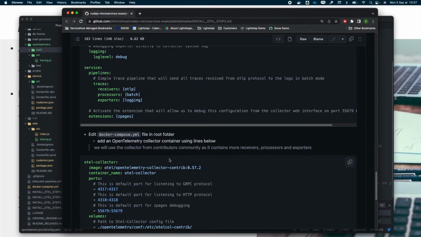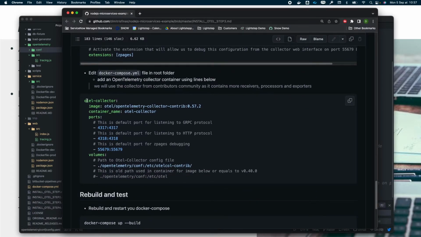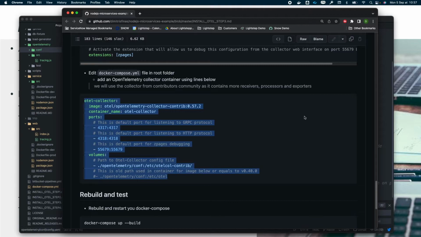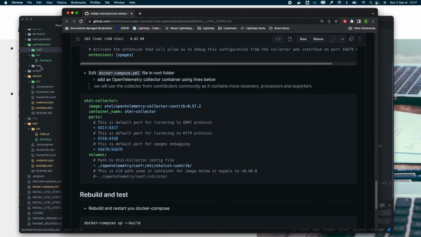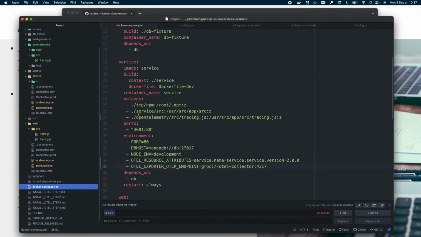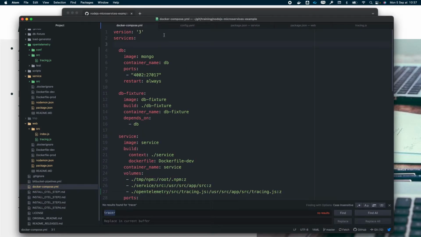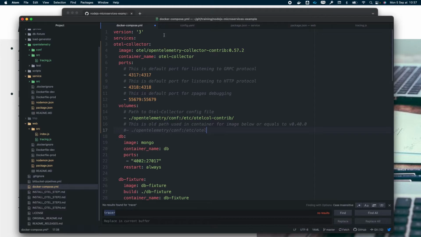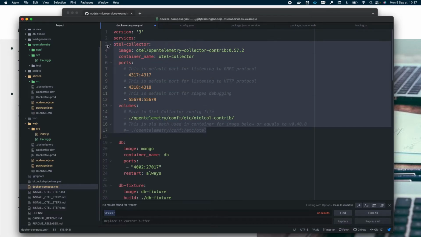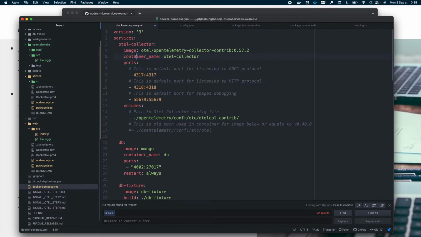For this, we will go to our Docker Compose file and we will add this piece of code. So I will copy it, go again to my Docker Compose, and I will add the OpenTelemetry collector container. Don't forget that this is YAML and you should use the good indentation for this new service.